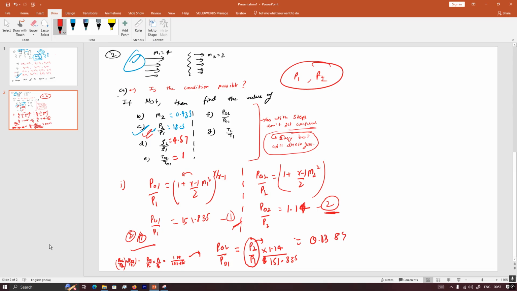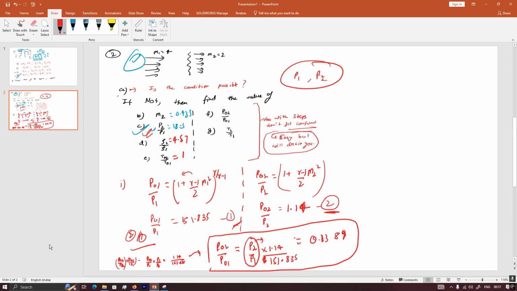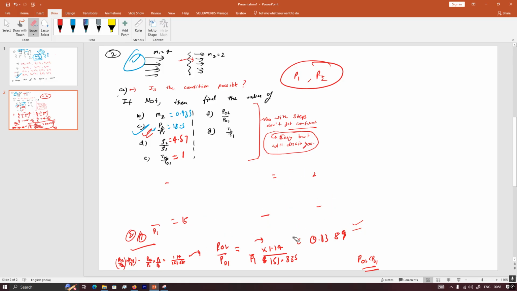0.13849898 is the P02 by P01 value. Okay, so we can see that your P02 is less than P01, and that is what we study while describing the properties of this, right? P02 is less than P01, and using the formula we are getting the same result, right? So yes,